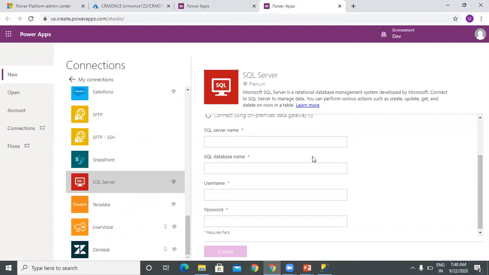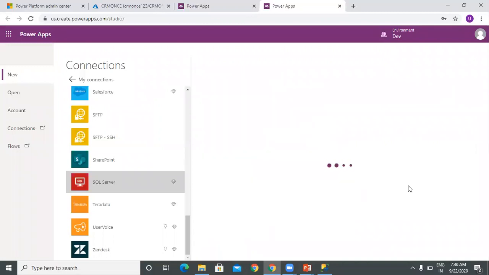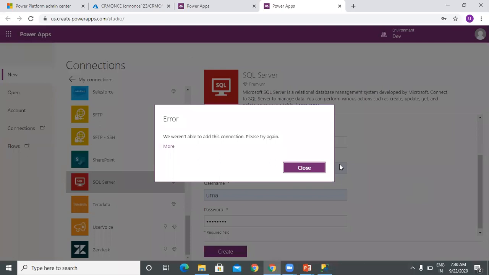You can give your SQL Server name and database name, and you can give the username and the password. Once you click on create, it will connect to our Azure SQL Server.